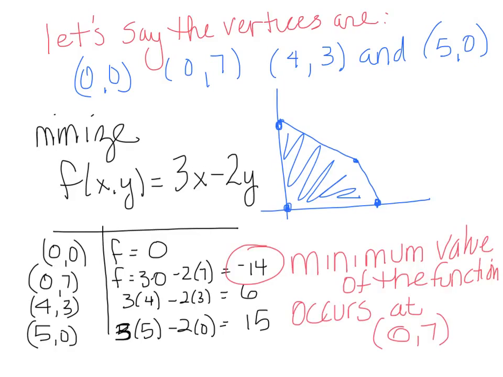Okay, and in this case I have to test all 4 vertices. I come up with the function values. The smallest one, negative 14, is your minimum, and just tell me where that occurred and you got the right answer. Okay, so we're going to do a lot more practice. How do you find this vertex? We'll do that in class, but basically,